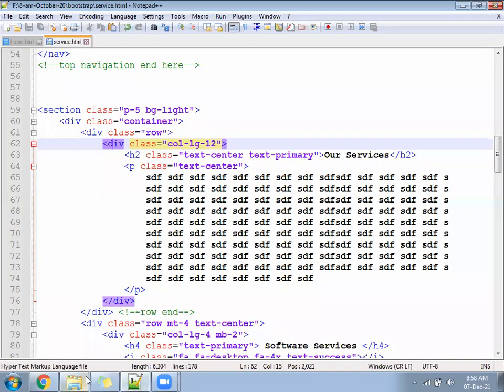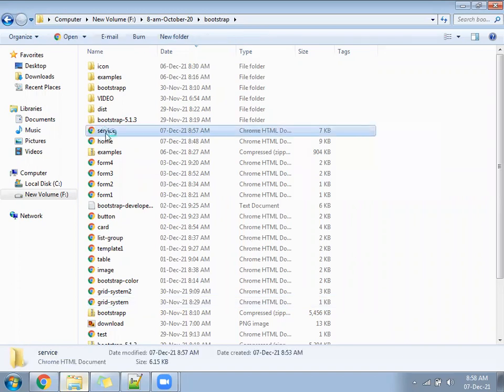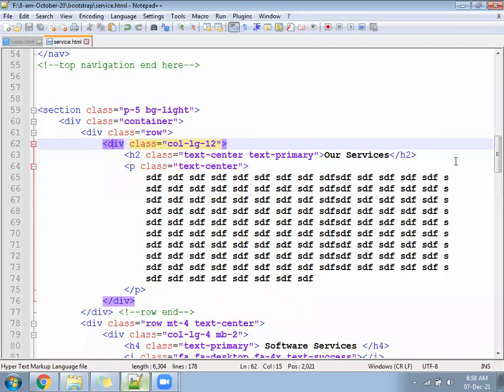We have removed the banner and changed the heading. Not much. Services file came to your chat.